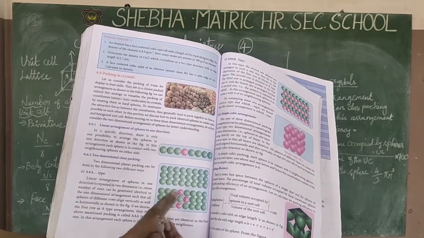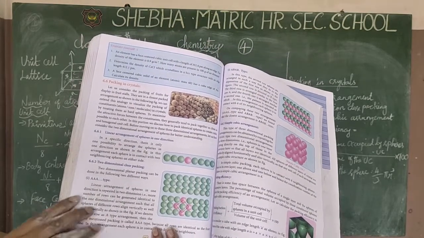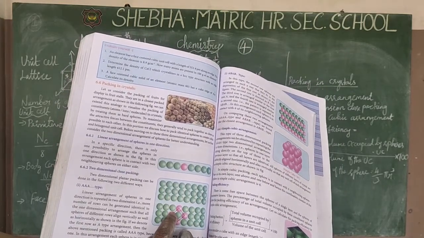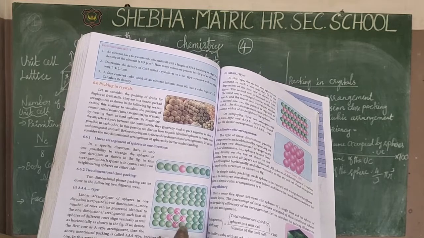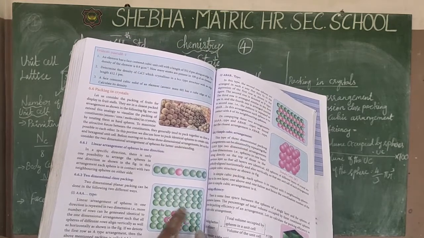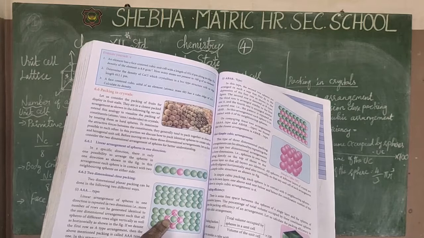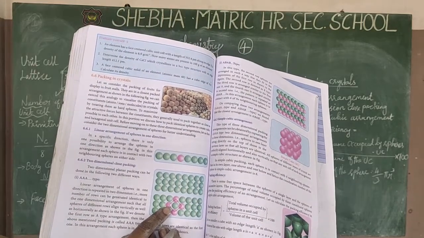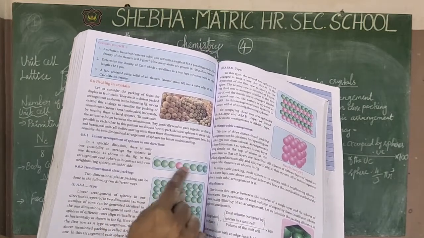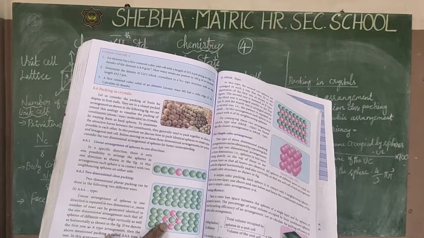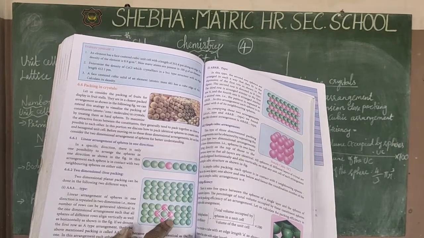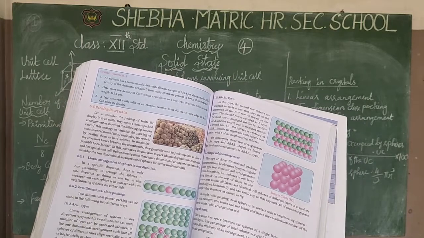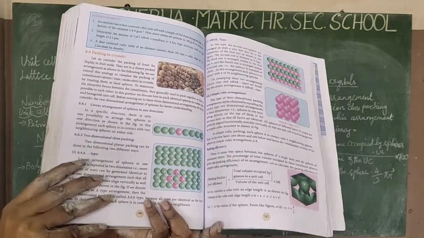Why? Because each sphere is in contact with four neighboring spheres. You have to find out, this is the identical, this is contact 1 2 3 4. So for each and every sphere, the identical sphere is in contact with how many? Four spheres. Here two neighboring spheres are in contact with the identical. Here four neighboring spheres are in contact with the identical. This is called AA type. It contacts in a square shape of the diagram.